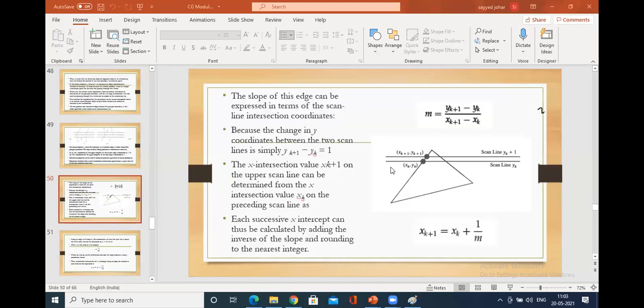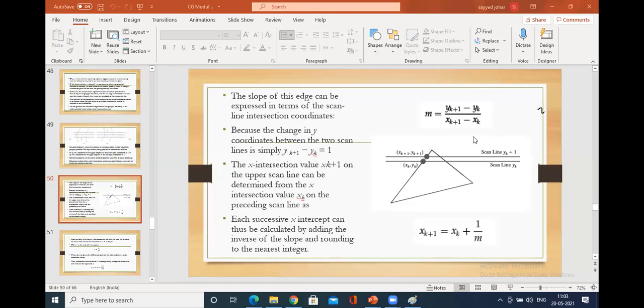So now coming to the major theoretical concept, from the exam point of view, the knowledge point of view, and also with respect to the lab program point of view: how do you fill this particular polygon, and what concept do you use to fill the area of a polygon? So here is the solution. First, we have to find the slope of the line. You know how slope of the line is calculated, right? Y2 minus y1 by x2 minus x1.